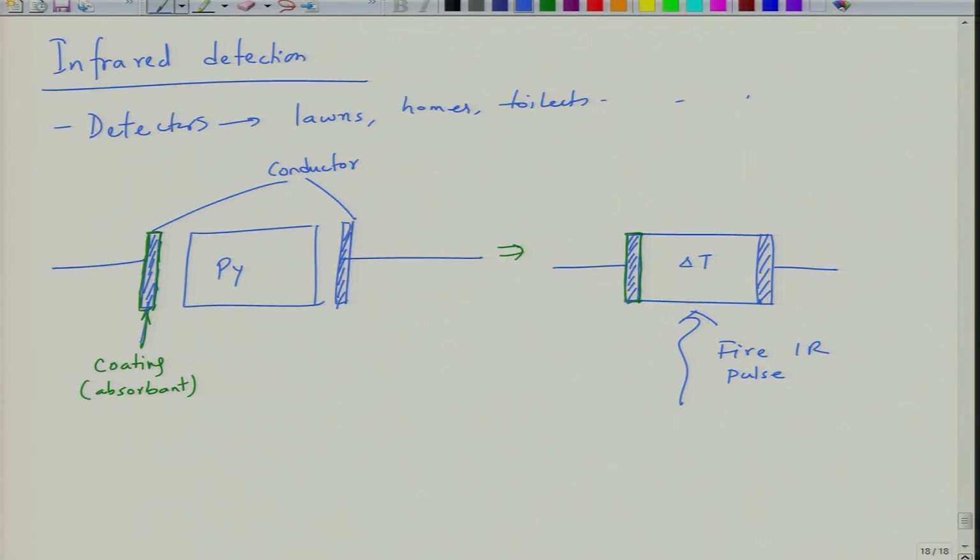As a result, you will have heating because you will have build up. So on this side you have transmittance, but on this side you do not have transmittance. So you will have a build up of heat.